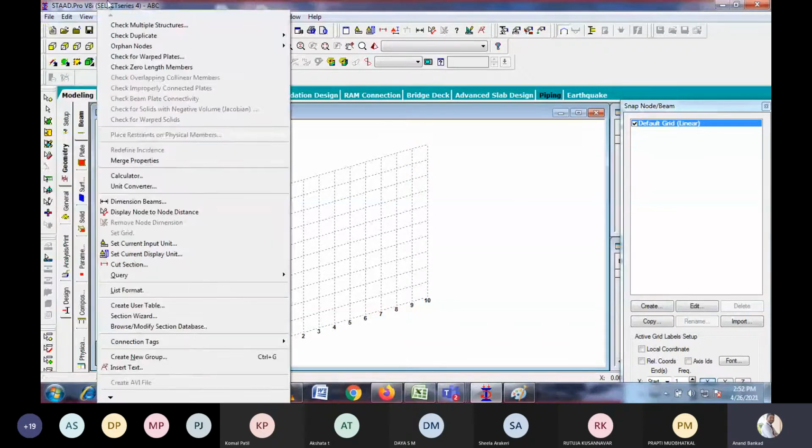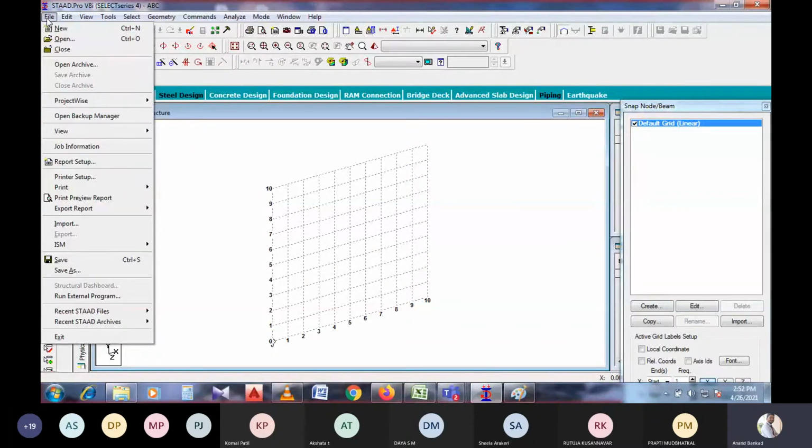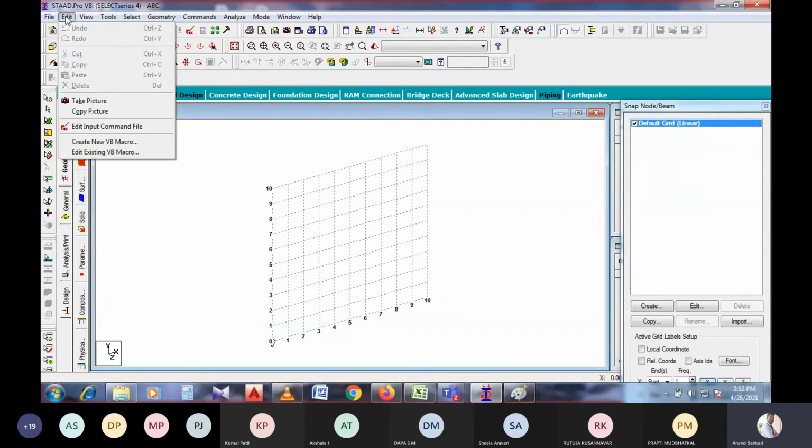In these you will also get Save As and Print, the most common options available in File. Later, in Edit, it is nothing but undoing, redoing, cutting, copying, pasting, and deleting. It is the edit for the structures, right?